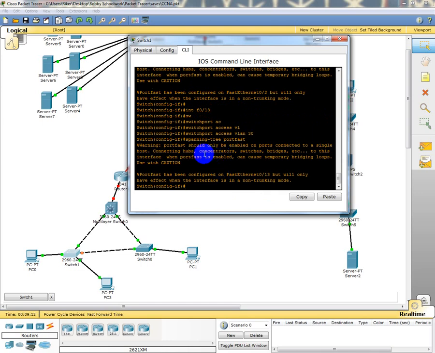Well, if it's automatically going to forward, putting it into forwarding mode, it's possibly going to create a loop if you plug a switch into this port. Now, it says portfast has been configured on fast 13, but will only have effect when the interface is in a non-trunking mode. So you can't put this into trunking mode and expect portfast to work. What it does is counteract this, but we're not going to worry about that too much right now. So now we're going to do a show